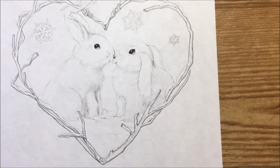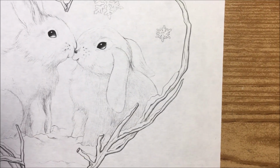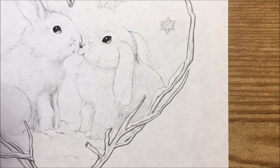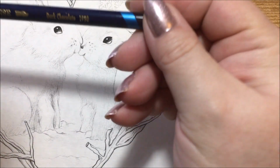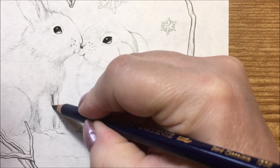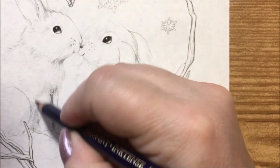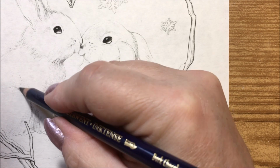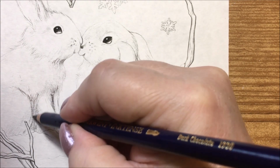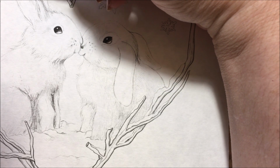We are going to get down a little closer, and we are going to start on a bunny rabbit. They are cute, aren't they? I'll probably start with this little guy over here, and we're going to go in with the Inktense, and this one is the dark chocolate. Anywhere that we want a little darkness on him, under his chin, around the leg I made, and kind of in the area that is going to be the darkest here. We're going to add some, and then up on his ear,